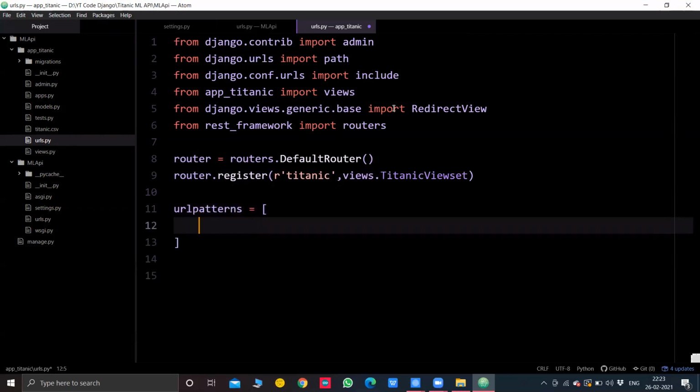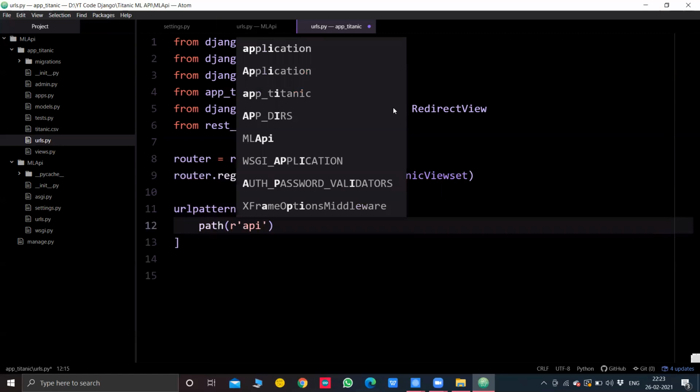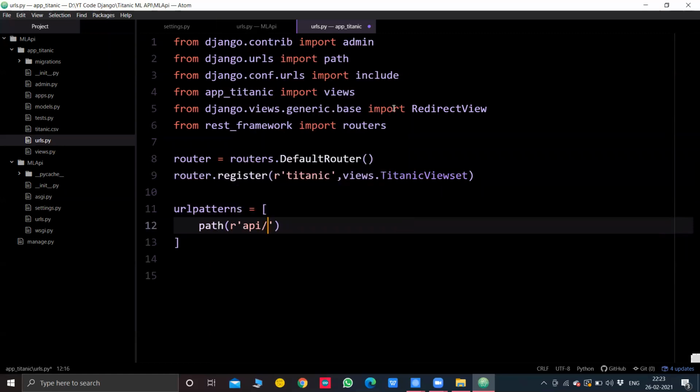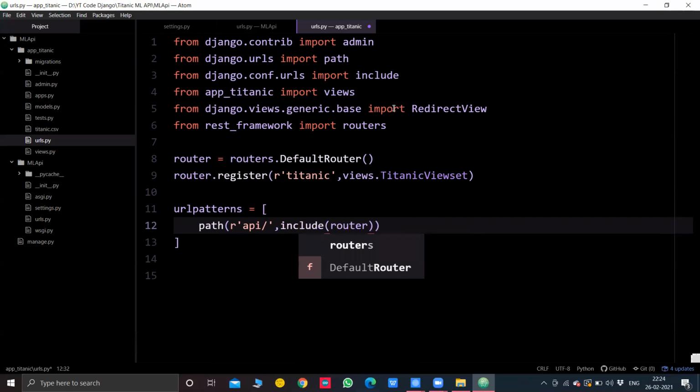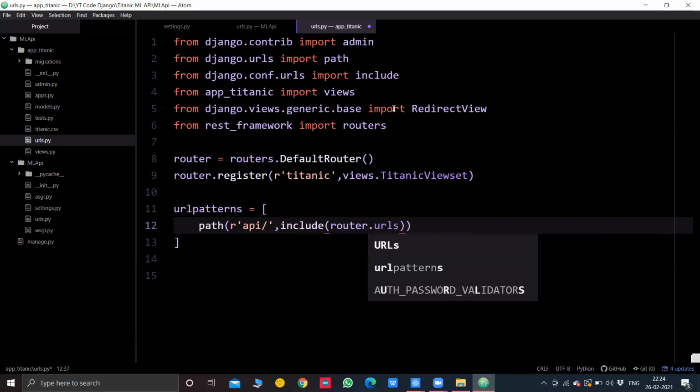Now inside urlpatterns, we'll define a list and mention the path, and again we'll stick to our original declaration that we did in our college API. That was api/. We named it titanic first. And we'll include all the router URLs, so I'll mention include router.urls.